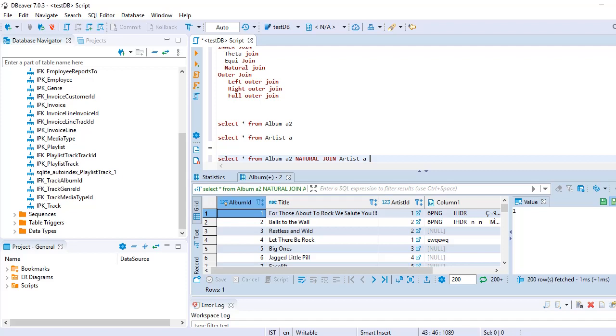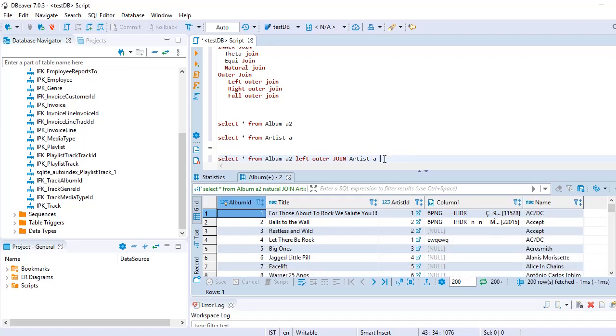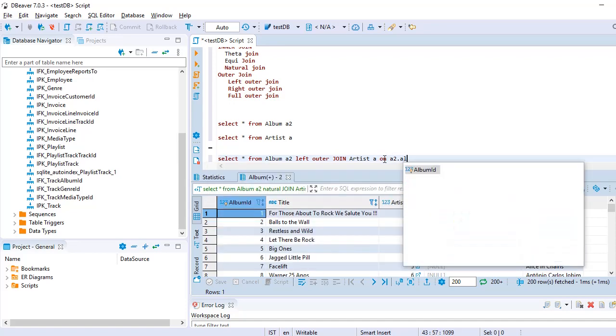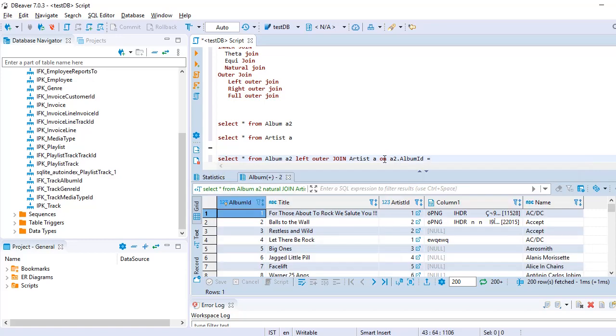Now here comes the outer join. In the outer join, we have three parts: left outer join, right outer join and full outer join. We can write left outer join, and we can add the condition using the on keyword: a2.album ID is equal to a.artist ID.